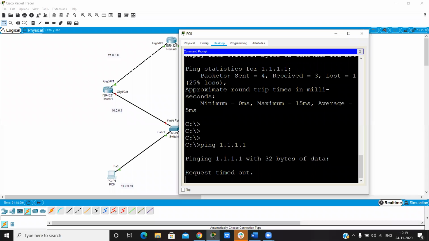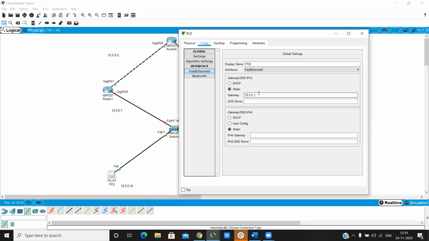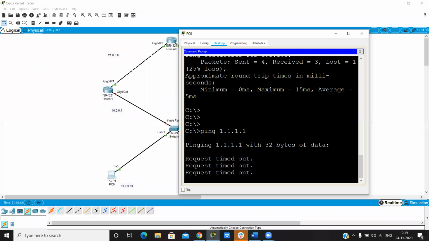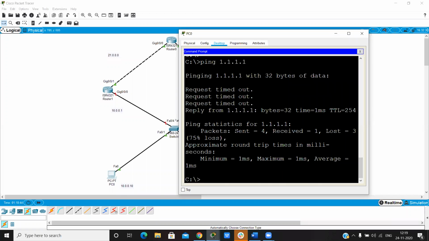It means every time we have to change our default gateway, then we are able to ping. So if in our local area network we have multiple PCs, like 50 or 100, you have to change the default gateway every time.